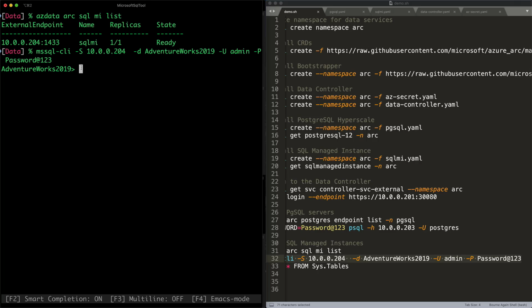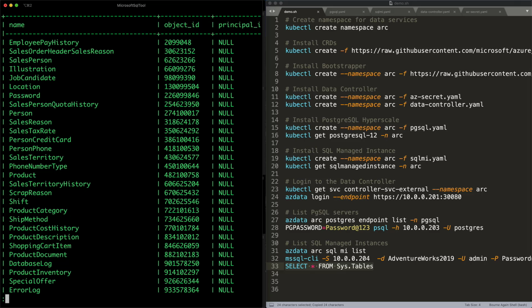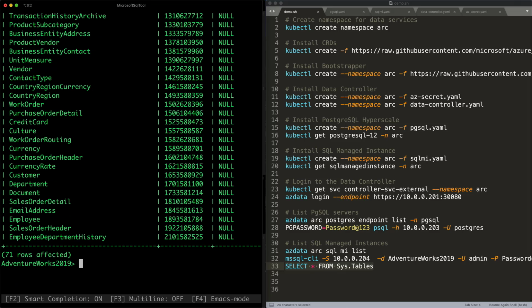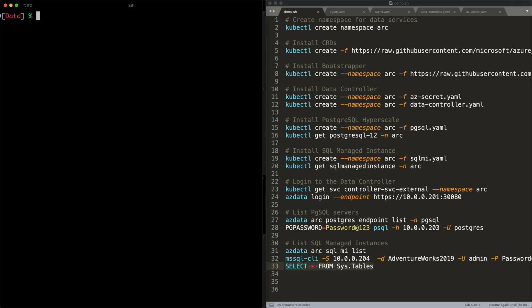And guess what? We are accessing our favorite sample database, which is AdventureWorks. Now let's take a look at this. There are multiple tables. We can access all of them. You can run T-SQL commands targeting the SQL managed instance running within Kubernetes, all on your local cluster.